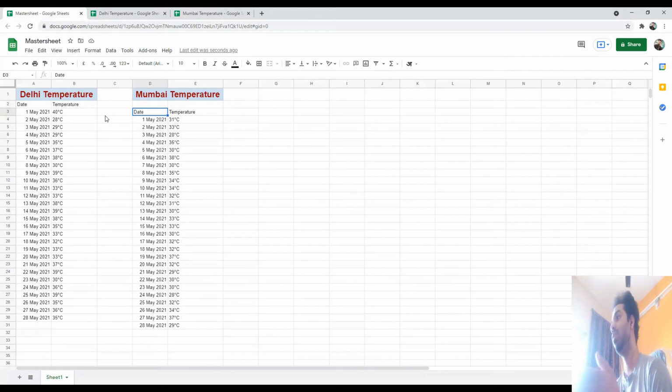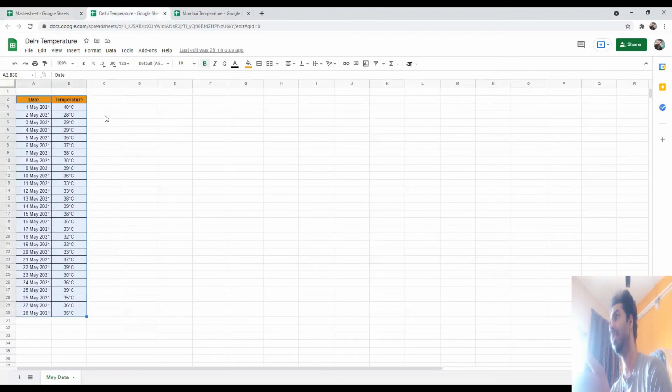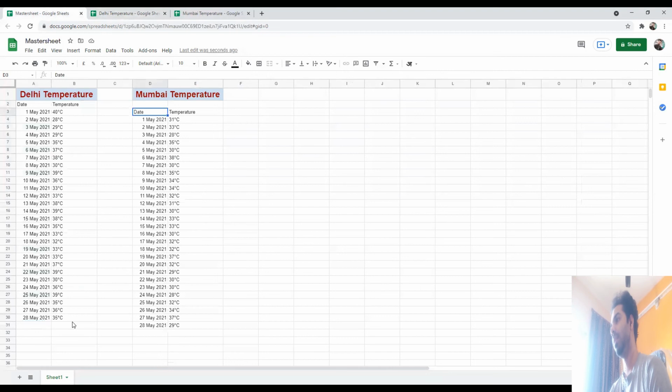Now I want the data to be automatically updated in this sheet when you make any update in these sheets. So let's check out if I edit this sheet. Here you can see there is no update.